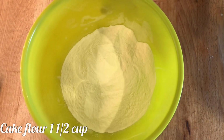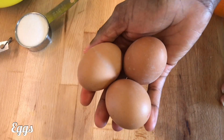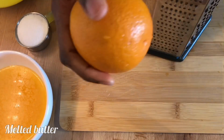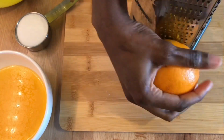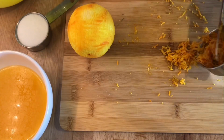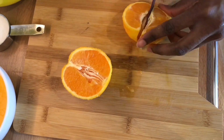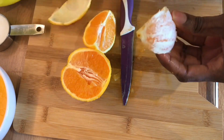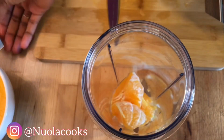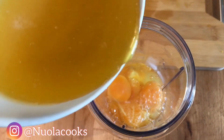For the recipe, you need cake flour, baking powder, sugar, eggs, orange, and melted butter. Just 6 ingredients. First step, grab a grater, grate the orange zest and set it aside. Now divide the orange into 4 pieces or more. Remove the white skin of the orange and remove the seeds in the orange. Add the orange flesh to a blender, add the sugar, the eggs, and add the melted butter and blend it